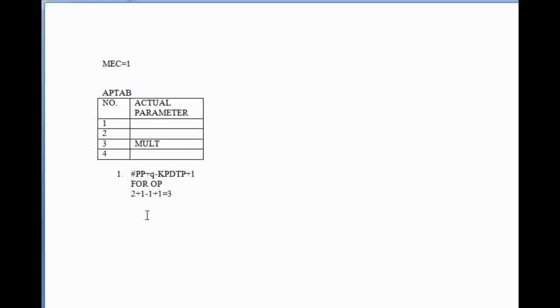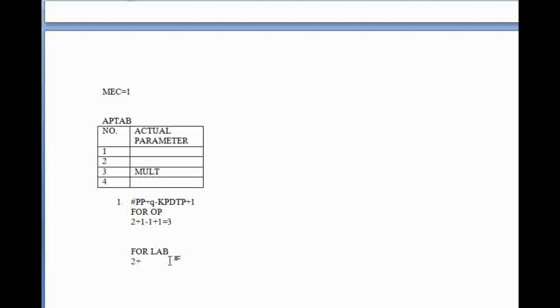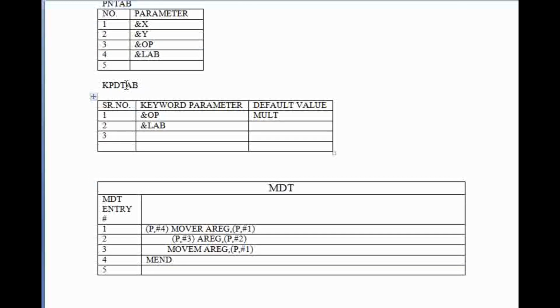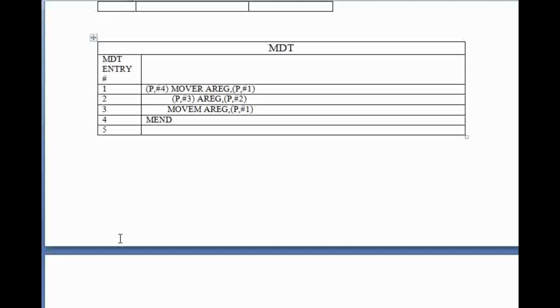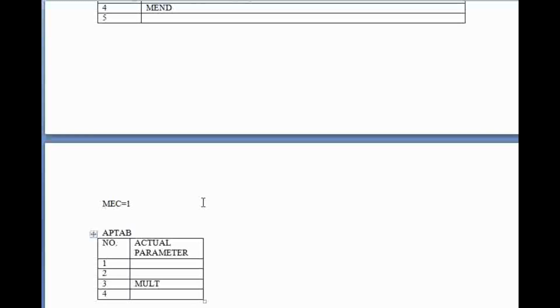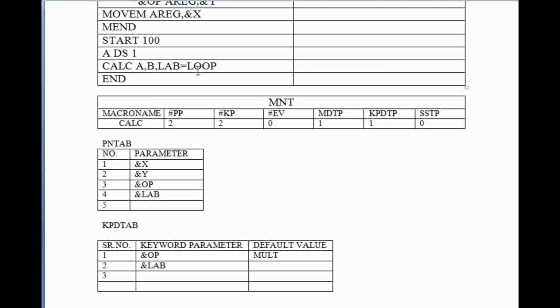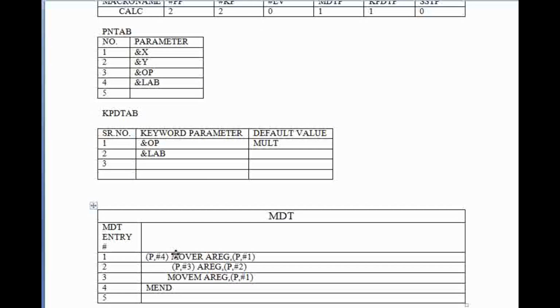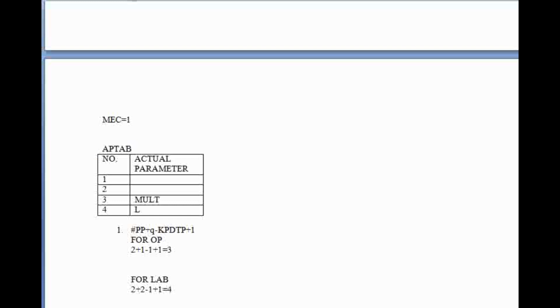If I am considering LAB, #PP will be 2, plus Q, where Q is its entry in the keyword parameter default table. LAB is at position 2, so we write 2 minus KPDTP is 1, plus 1. So this value turns out to be 4. So at the 4th position I am supposed to enter the value for LAB equal to LOOP. So this LOOP is entered in the APTAB at the 4th position.